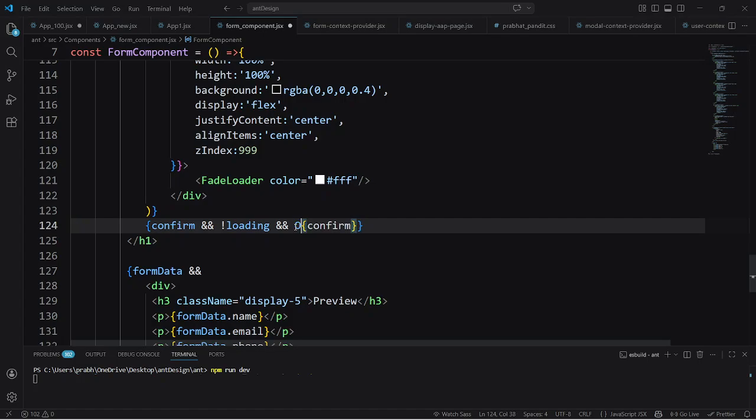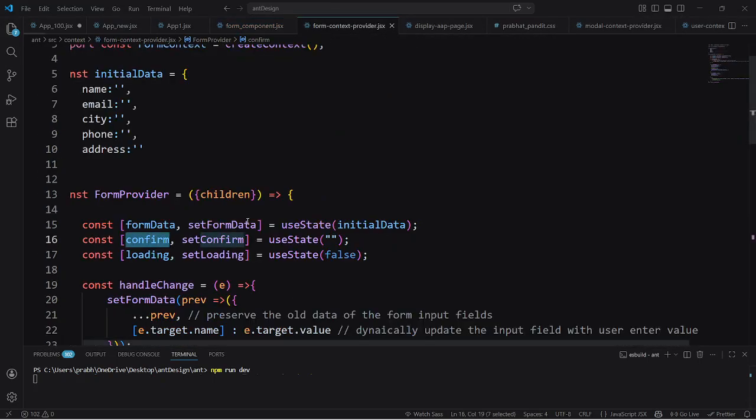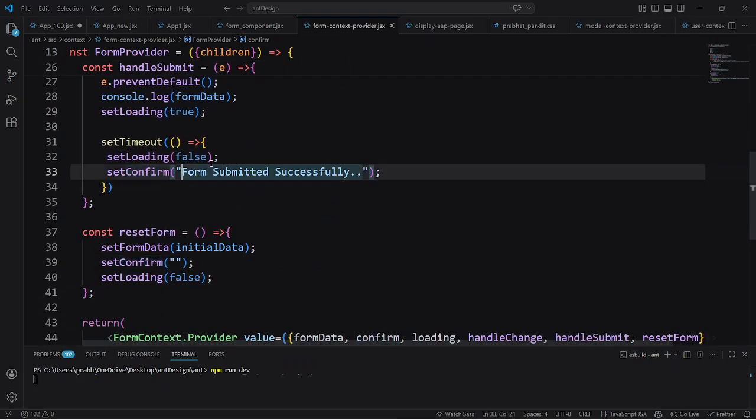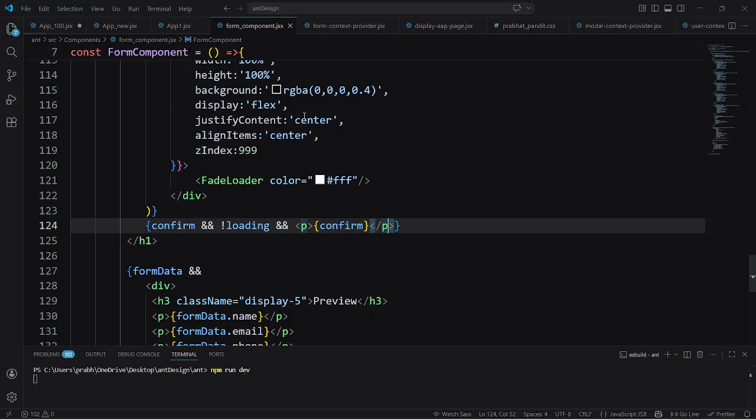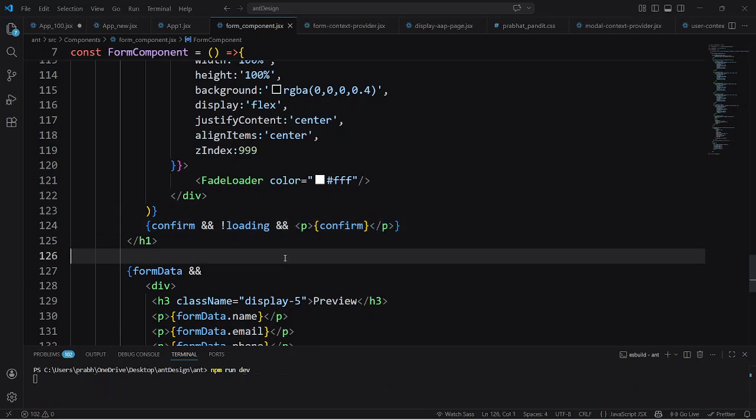we will show this message that the form is submitted successfully. Which message am I talking about? I'm talking about this message: form submitted successfully. So guys, just save this file one more time,